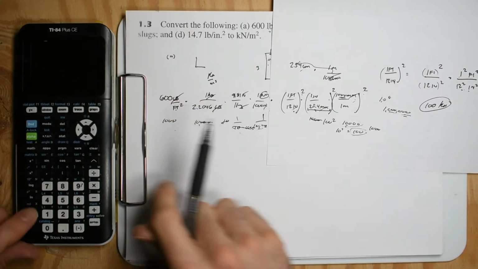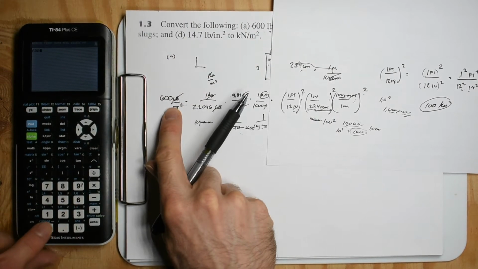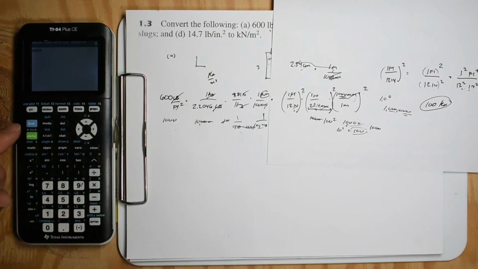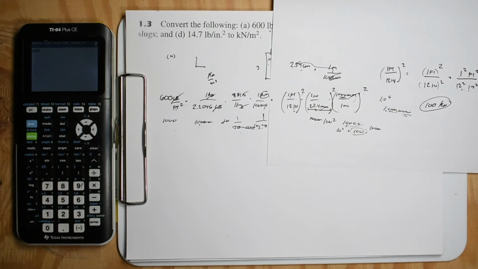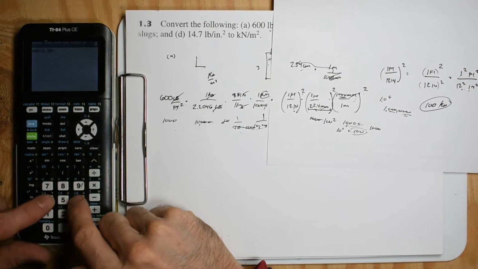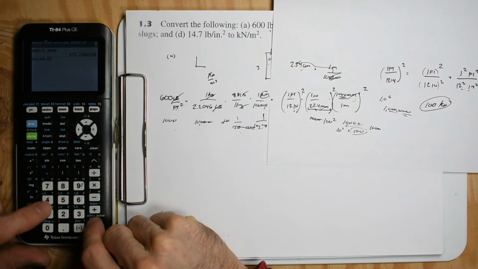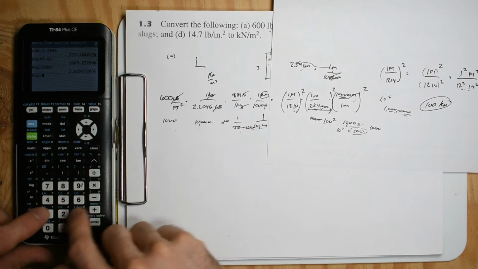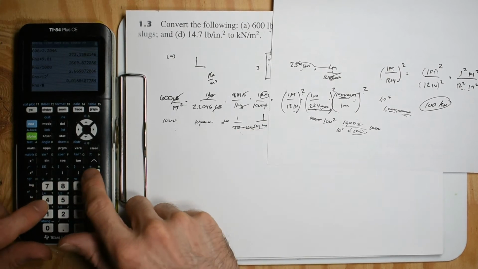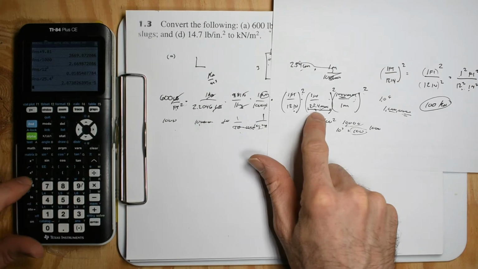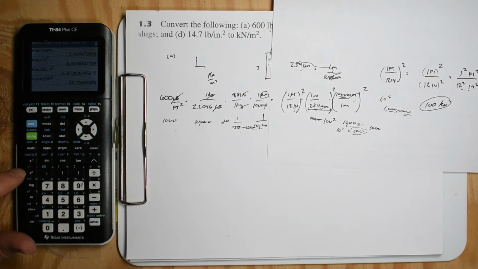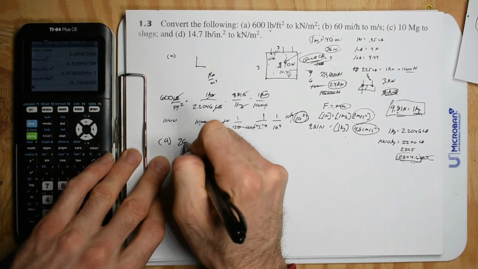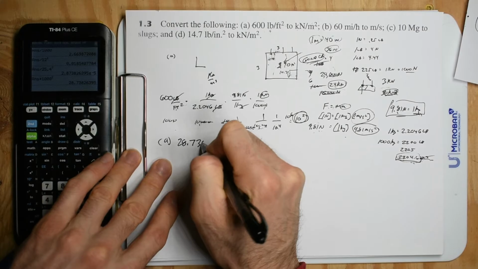Let's pump it out. So we're going to put into our calculator 600 divided by 2.2046 times 9.81 divided by 1,000 divided by 12 squared divided by 25.4 squared times 1,000 squared. All right, and we get our answer, so A is 28.738 whatever